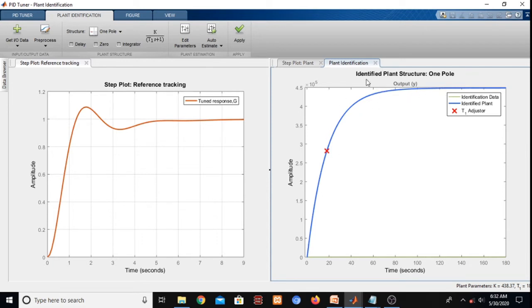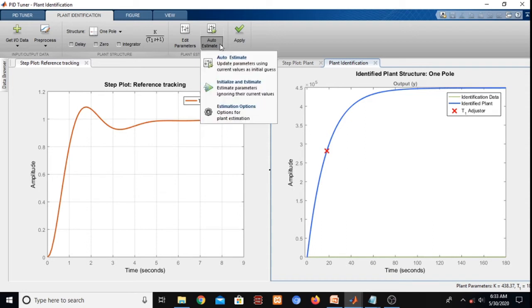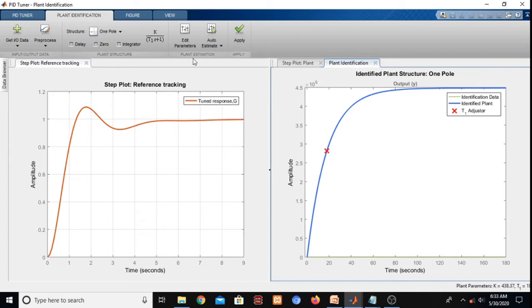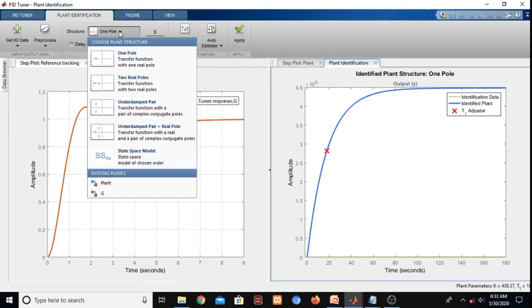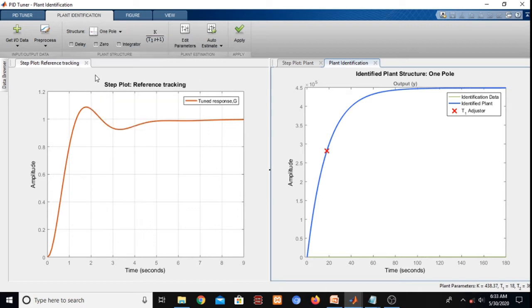Okay. Now just don't look at this window. First of all, we have to adjust this data. Now the plant should be identified first. For that, you have to estimate this. Let us consider that our plant is a double pole plant having two simple poles.